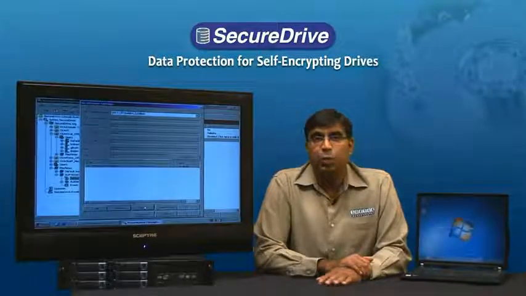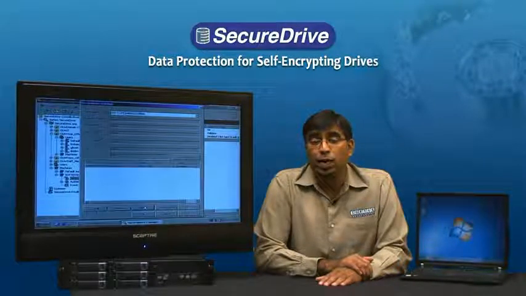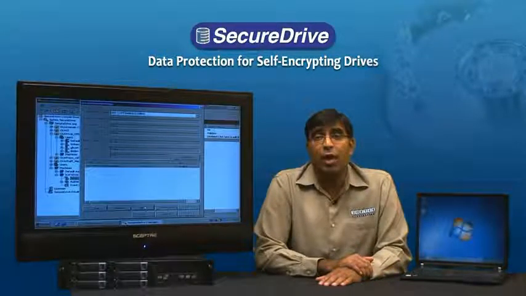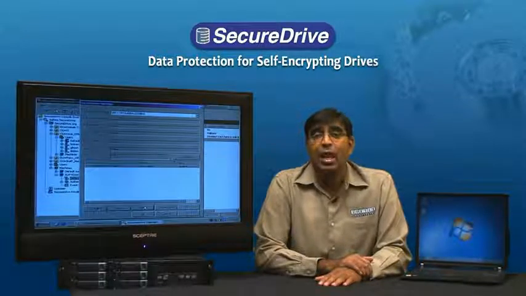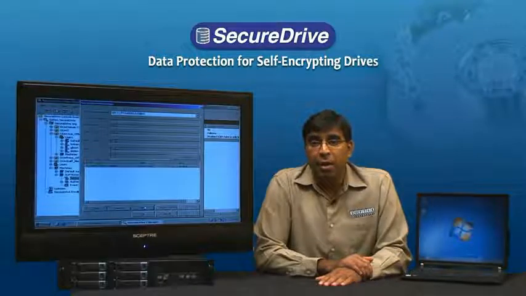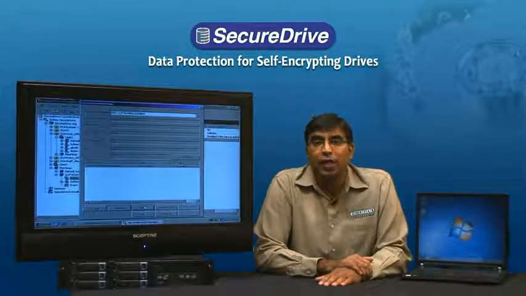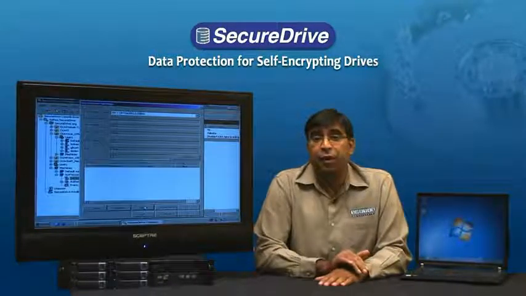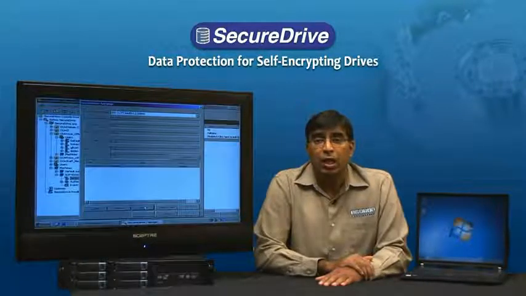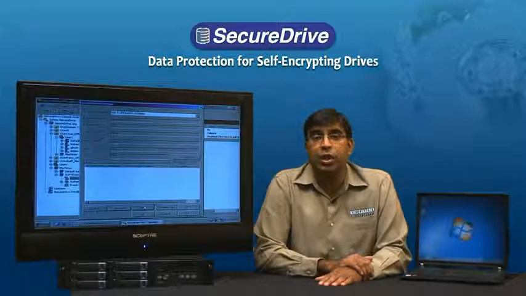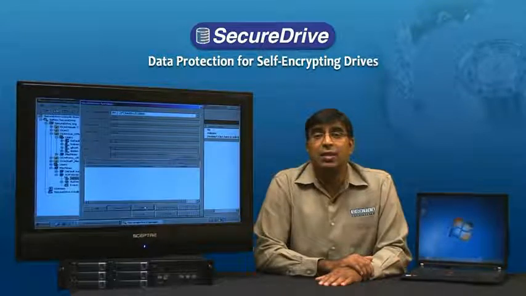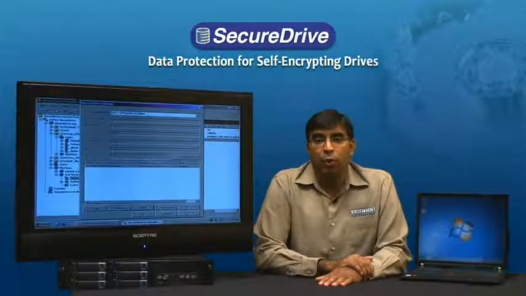In most organizations, when an employee leaves and a new employee joins, the IT administrator would actually want to completely wipe out the hard drive of the PC and re-image it with the corporate image so that the new user has a completely fresh PC with nothing left over from the previous user. SecureDrive facilitates that and provides a capability called Secure Erase, which can easily allow for erasing of the hard